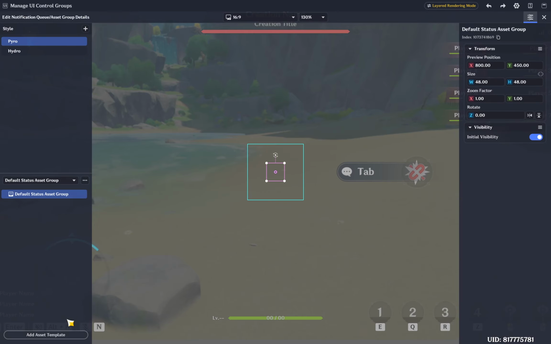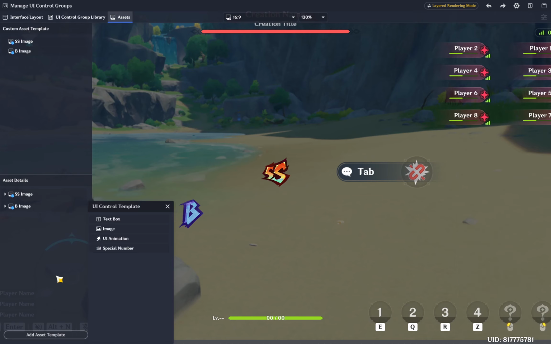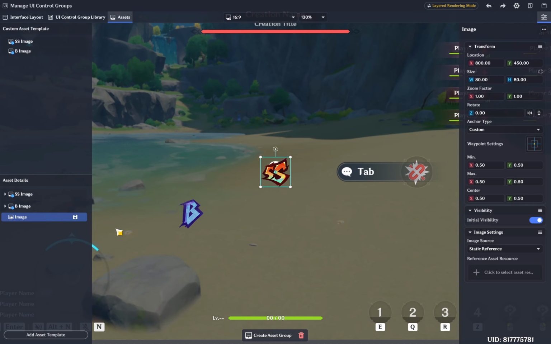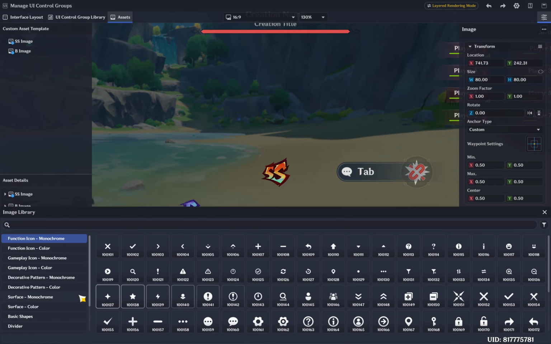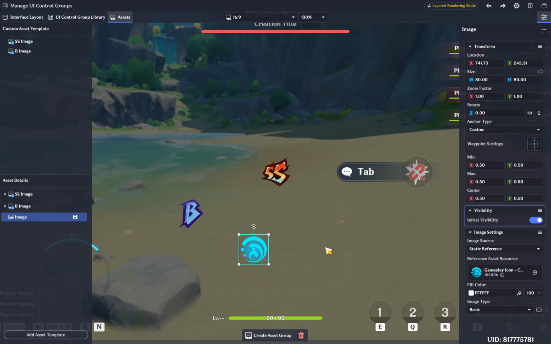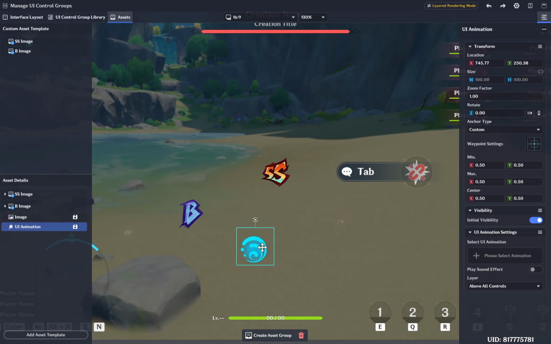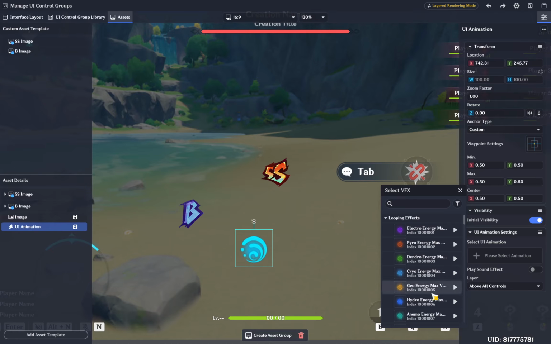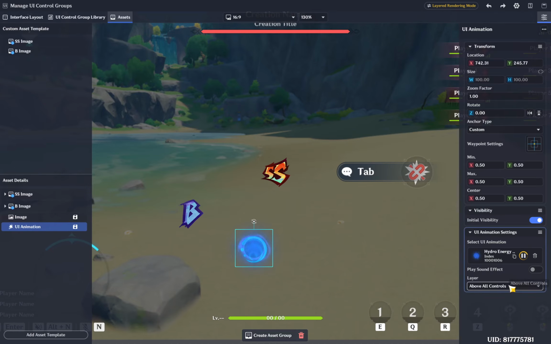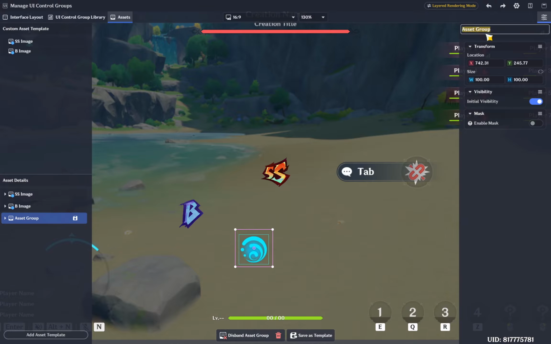So we need an asset so that we can add the asset here. So let's create some asset. So we will be using one image. Okay. Here we will select hydro element and just say let's we have one animation, so hydro. Okay, so you create one set group, say hydro,